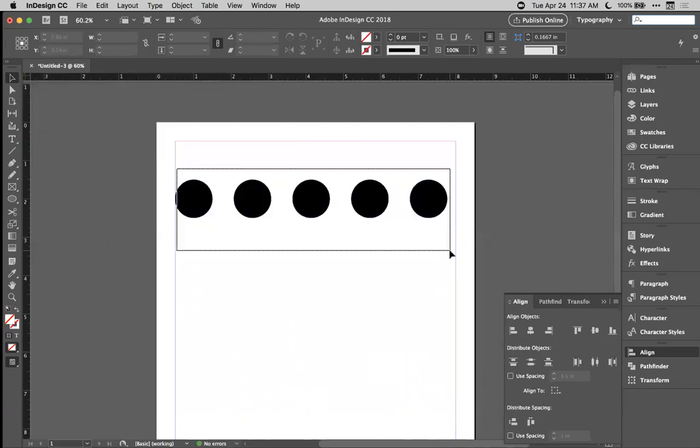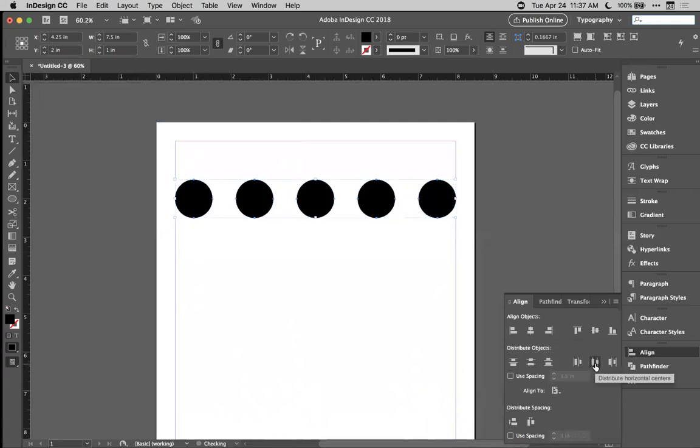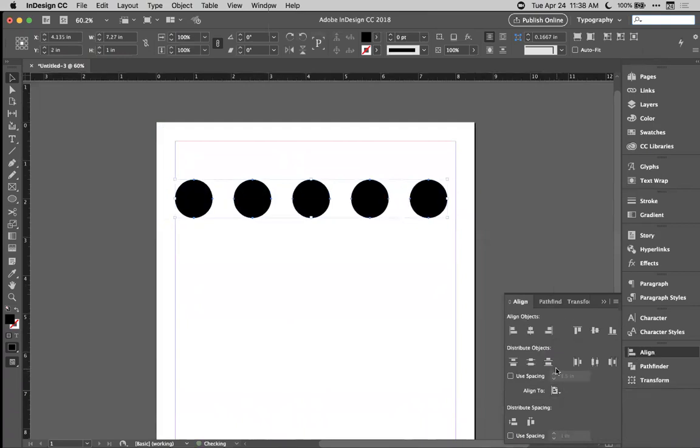Just like doing alignment, I can change it so that it does that based on the margins. See, I've now moved them out so they fit within the margins. I could have it based on the page, or I could have it based on the spread if I had a spread here. So that's distributing objects, and that's just going to automatically put that little bit of space